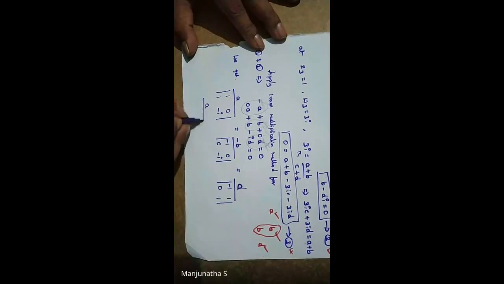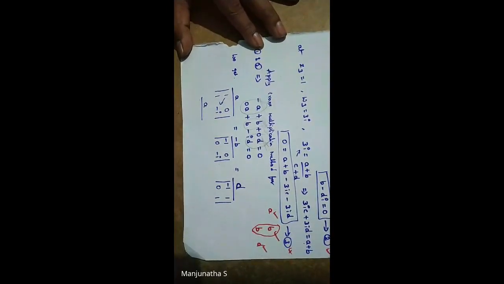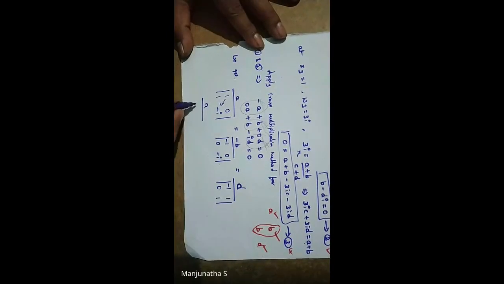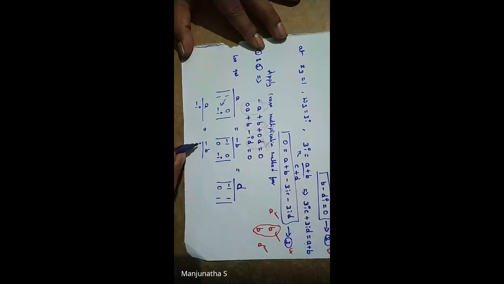So a divided by 1, we need to do the cross multiplication. So this is the order. By the determinant rule, it is 1 into minus 1, so it is minus 1, minus 1 into 0, 0, so that is neglected, is equal to minus b divided by minus 1 into minus i, plus 1 into i minus 0 into 0, 0, so that is neglected, is equal to d divided by minus 1 into 1 minus 1. Okay, so like this we got the expression.